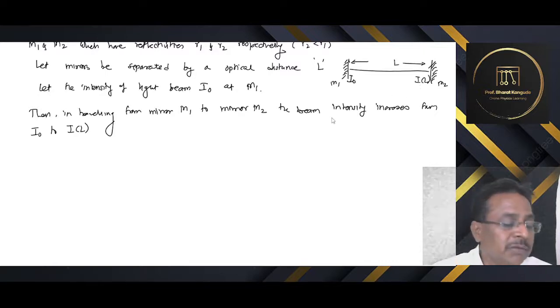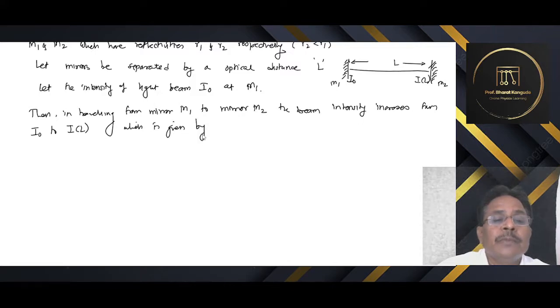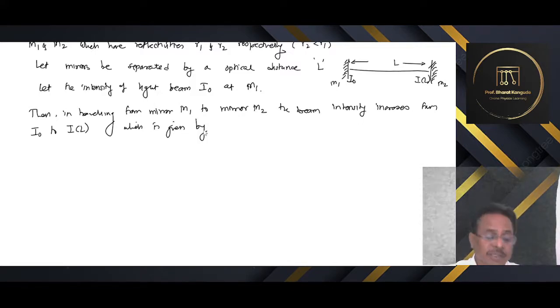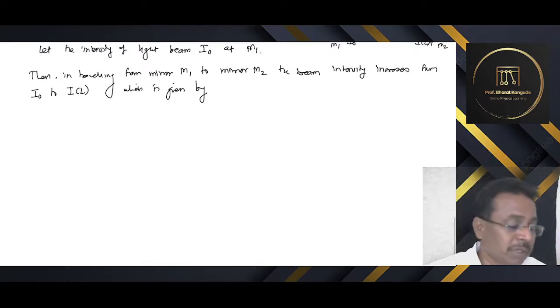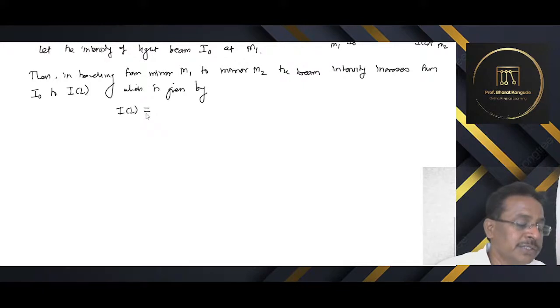Try to understand these particular quantities here. The relationship between the two is a derivation we already did in chapter number 2, if someone remembers it. The relation for IL, the increased intensity at mirror 2 in a single oscillation, is given by IL equals I0, the initial intensity at mirror M1, times e raised to the power of, in brackets, gamma minus alpha S, multiplied by length L.